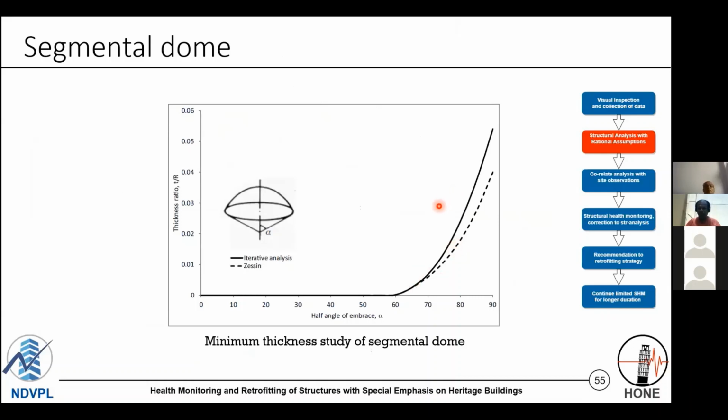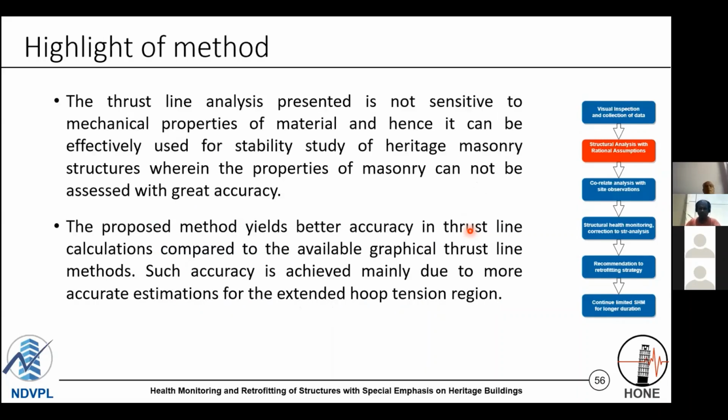These are the optimization study which we have presented compared with the study done by MIT USA. And again, here our results are superior than the results presented by them. So the highlight of the method is it takes the advantage of both the approaches, combines them together, and yields a better accuracy, and can give the result in absence of mechanical properties of the material. That's most important, because that's the most difficult part in the analysis of heritage masonry structure.